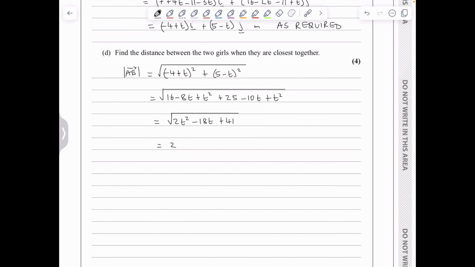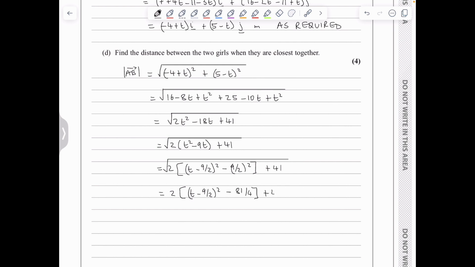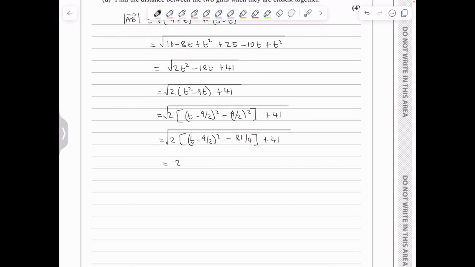So we've got 2 brackets t squared minus 9t close brackets plus 41, all square root, and I will be completing the square on t squared minus 9t. So this is giving me 2 brackets t minus 9 over 2 squared minus 9 over 2 squared plus the 41, all square root, which simplifies to 2, and I've got t minus 9 over 2 squared minus 81 over 4 and close the brackets plus 41, all square root,